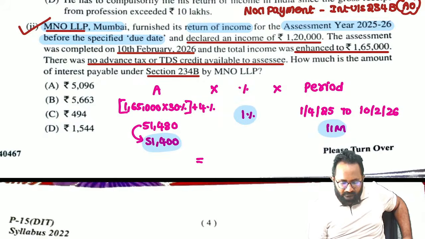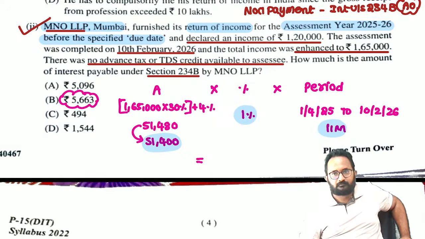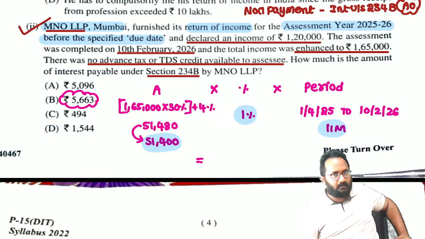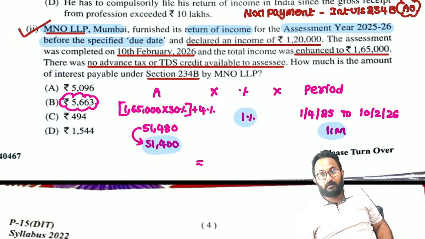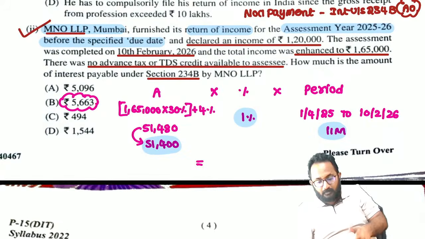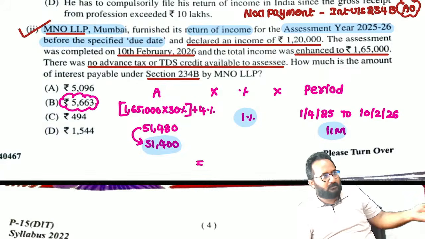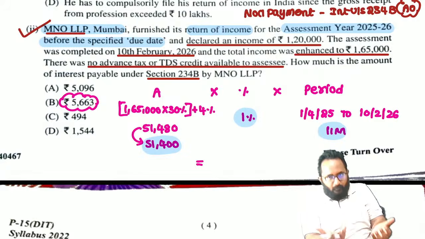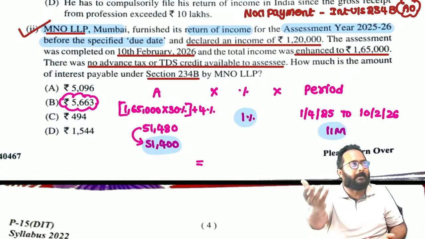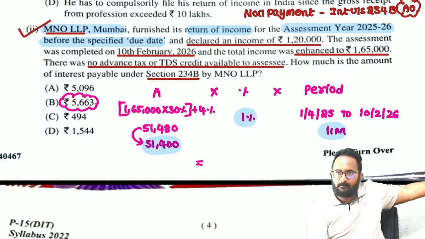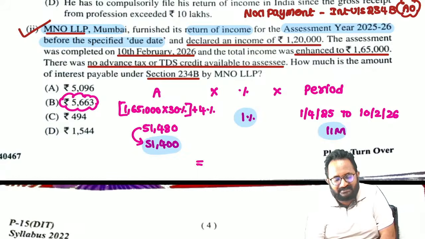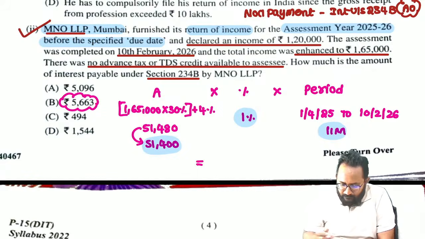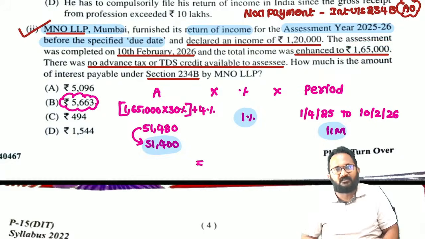5654. This is the answer you will get. No problem, approximately. Understood, all of you? Sir, if you solve the workbook questions, is MCQ easy or difficult? Here, same question. But in the workbook, we have an extra point. What is that? Short payment. But here, directly they gave it as non-payment. And sir, how to know whether it is computed by the AO or the assessee? Simply, if assessment completion details are given, it means they will ask for the final interest.